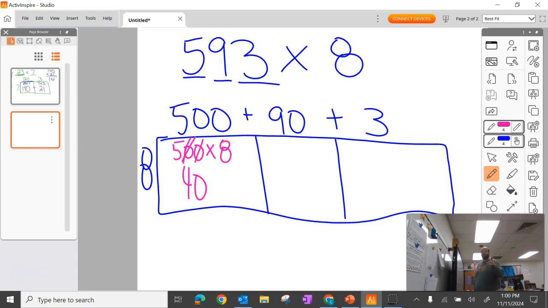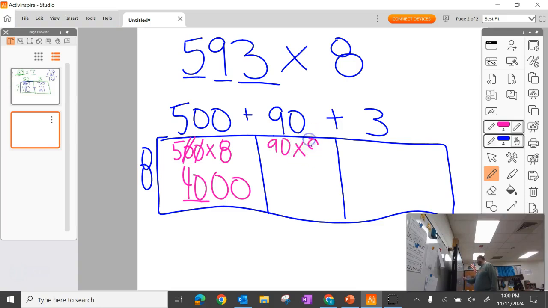Now, this is where a lot of students also slip up. You see how 40 has 1 zero and they go, oh, there's my 2 zeros. That's not always true. This 0 is a part of your product of that 5 times 8, so we can't count that. We have to add in that other 0. Then we have our 40 with our 2 zeros, so we're good now. Okay, 90